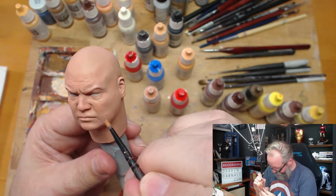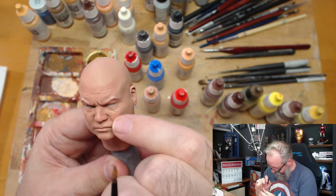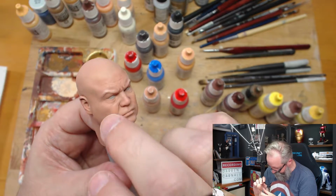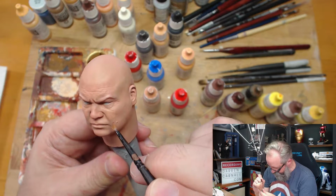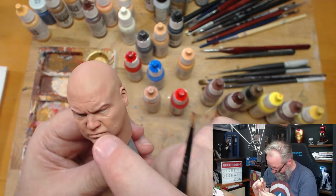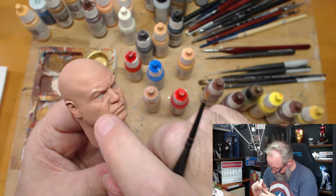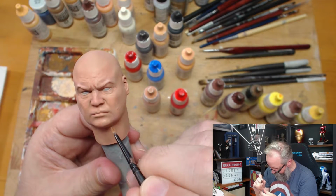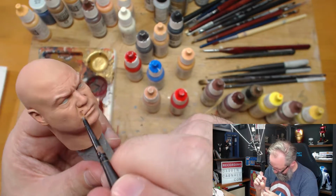Where are we? Because I just want to knock back the red on those cheeks a little bit. I want it to still be there, which is why it's watery colour and I'm not going on with thick colour. I'm just going over it a bit, blending it out, making it equal on both sides,